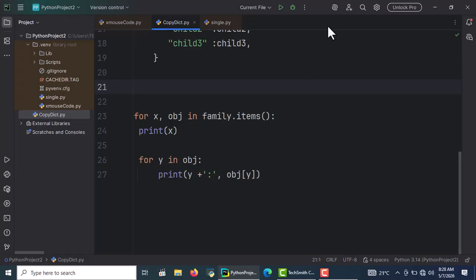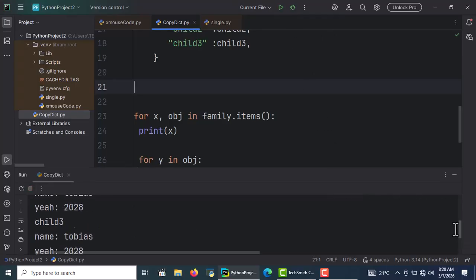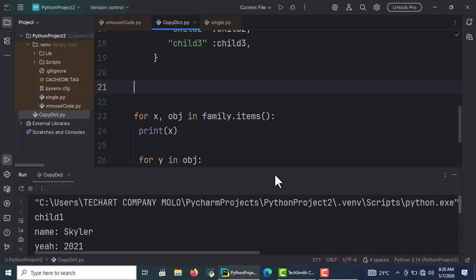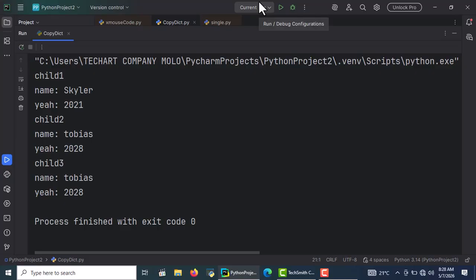We have done something really unique today. So this is a dictionary within a dictionary, and we are using a for loop to print everything. And there you go. You see, everything is down here. So guys,